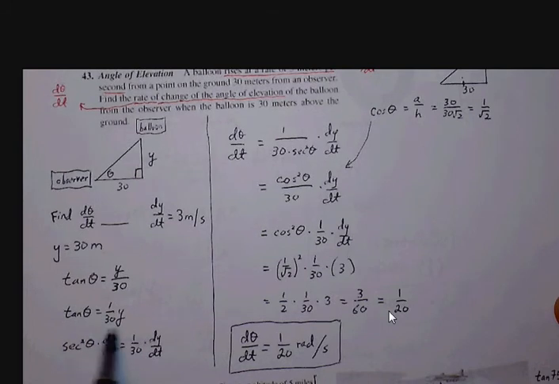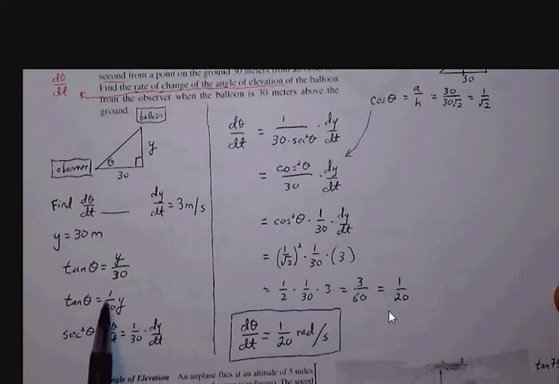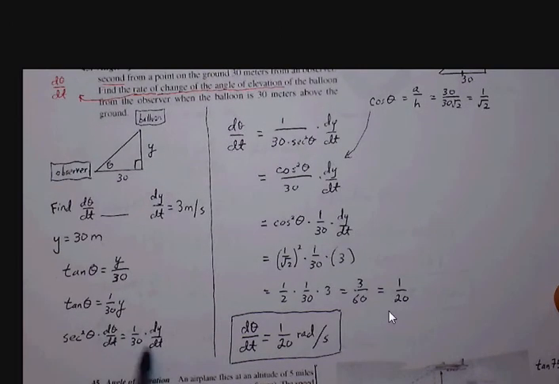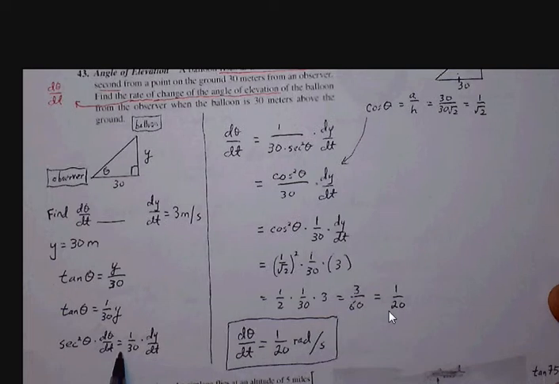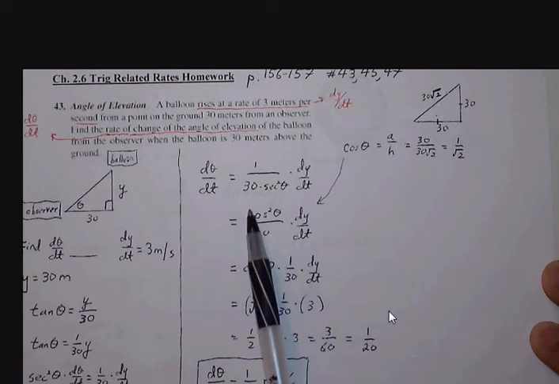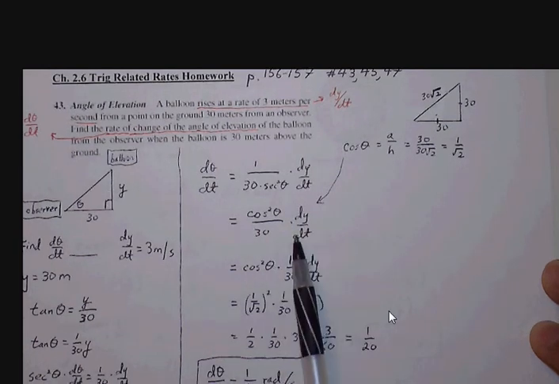The derivative rule for tangent theta is secant squared theta. We're involving theta's derivative, so we have to attach d theta dt. 1 over 30 times y becomes 1 over 30 times dy dt. Okay. We're trying to solve for d theta dt, so we divide the secant squared to the other side of the equation. So d theta dt equals 1 over 30 times dy dt over secant squared theta. I'm going to move the secant squared up to the top, so we work this problem out in terms of cosine squared theta. Okay, dy dt we have, right, 3 meters per second,